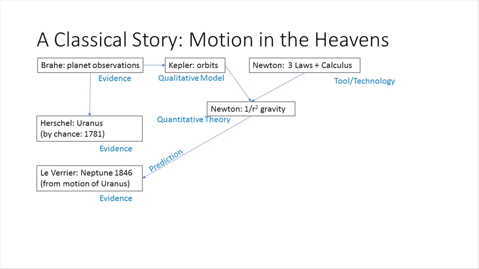Kepler, he made a model of what was going on. It was sort of a qualitative model: yeah, they go in ellipses and they do these sorts of things. But Newton went a little bit farther. He developed some tools and some technology, and he put together this quantitative theory. This is a theory that could predict where things would be, and in a typical move, they make predictions. If I see something, if this thing here is happening,